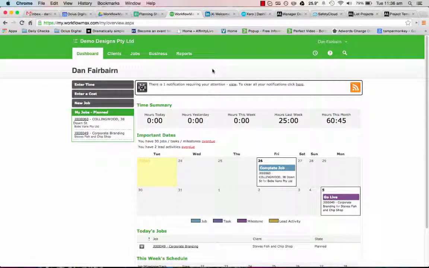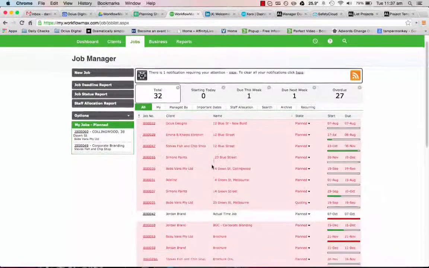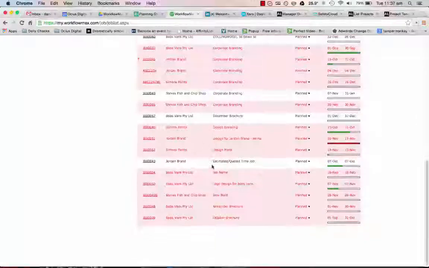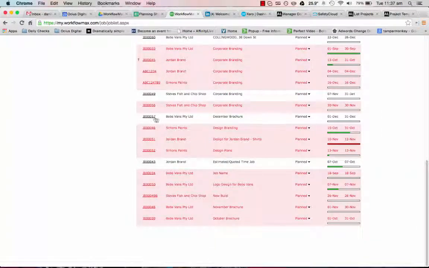So I want to look at a few different ways of doing invoicing now. We're in a demo company here, and there's a number of different ways we can invoice work out. The first one is job by job. So if we go into a particular job, if I go and find one of the most recent ones here,